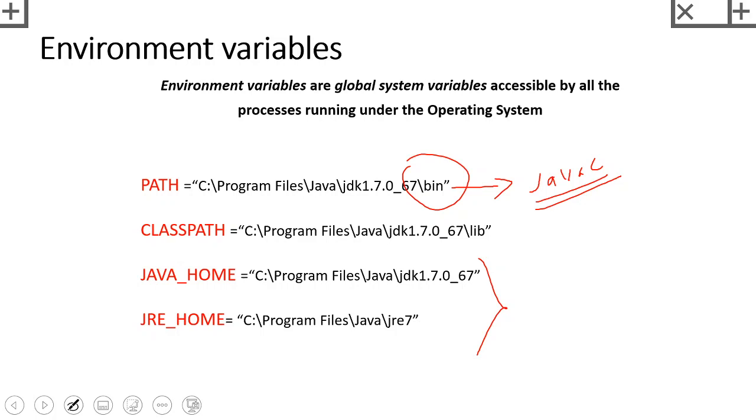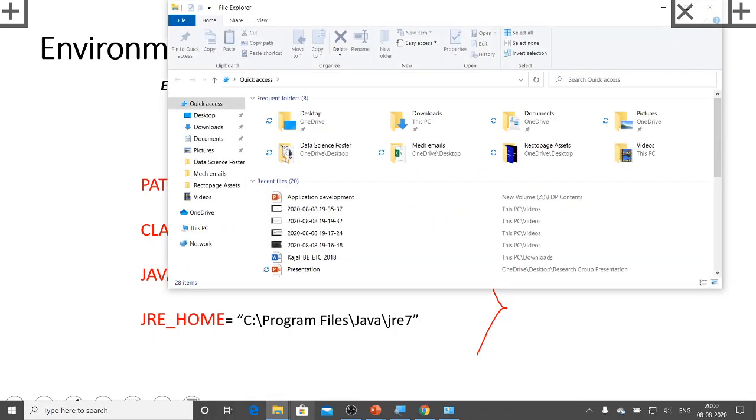If you remember from our previous videos, we mentioned that you have to remember exactly where your Java got installed. In the previous video we saw Java got installed under Program Files, Java, and JDK. So we will navigate to that location, take that path, and update our PATH environment variable. Let me fire up my Explorer.